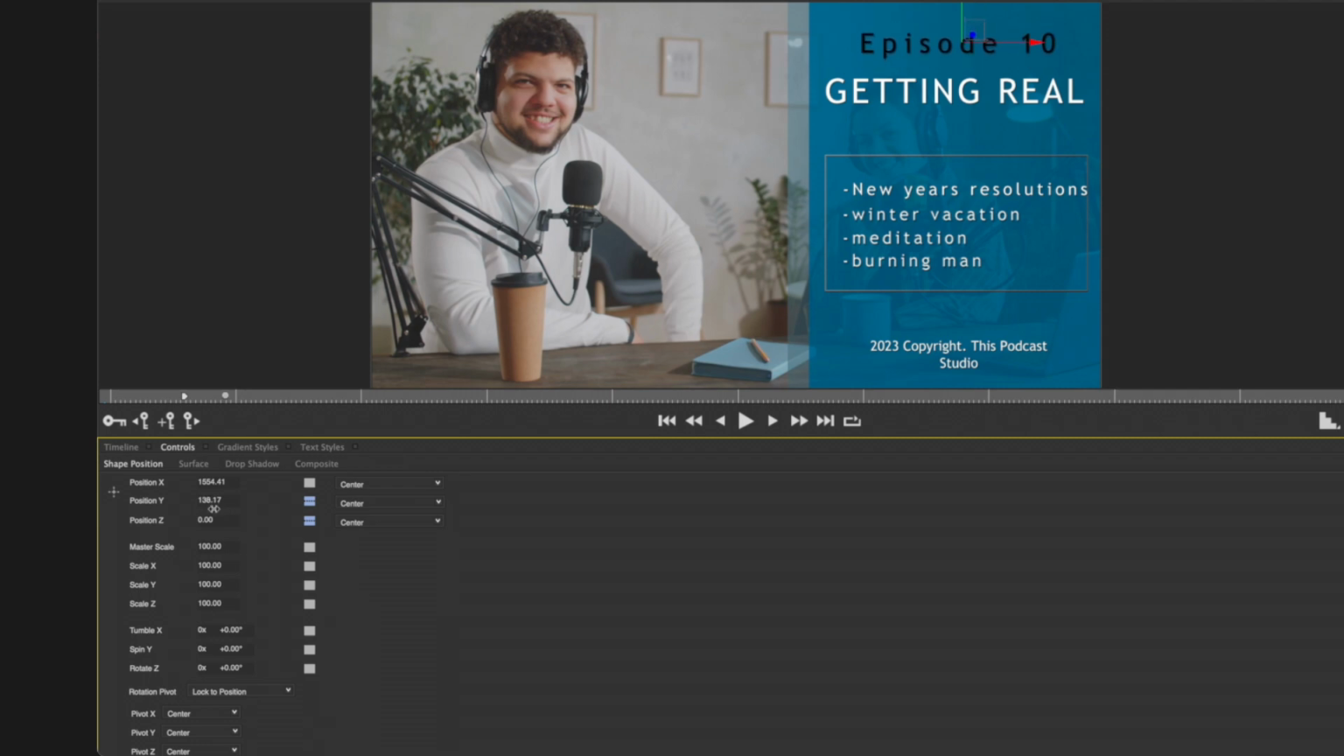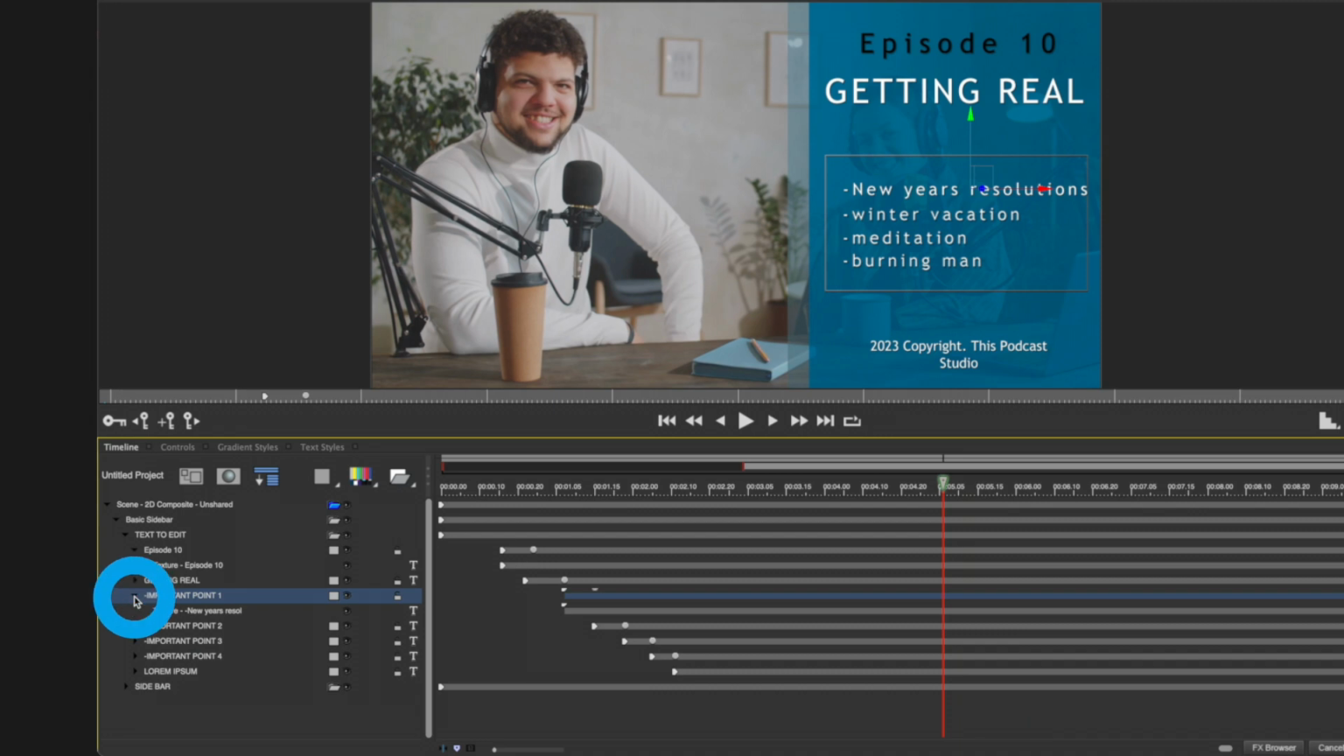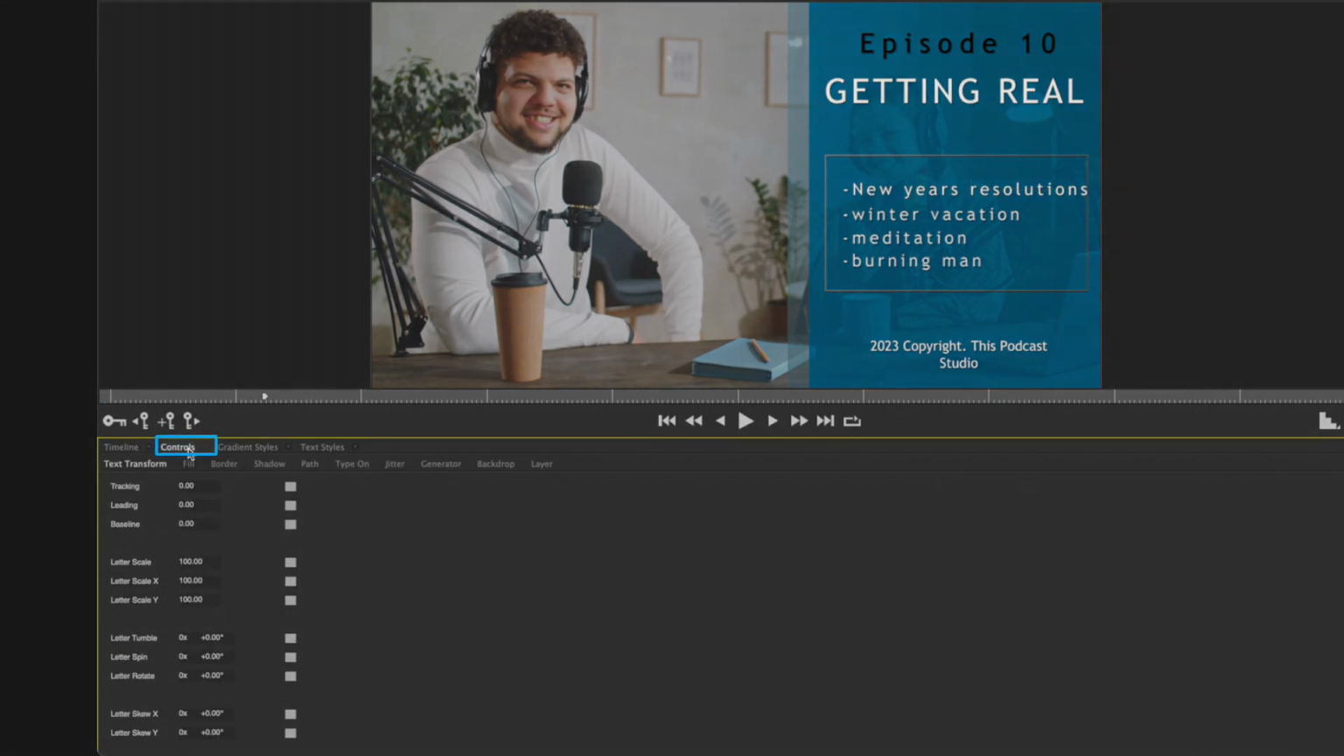I'll just move this a little bit up. I'll head back to the timeline again, and let's go to the important point 1. The important point could use some changing, so I'll open that up and select the texture and then click on that Controls tab, where I'm just going to bring in the tracking a bit so it's not so placed up